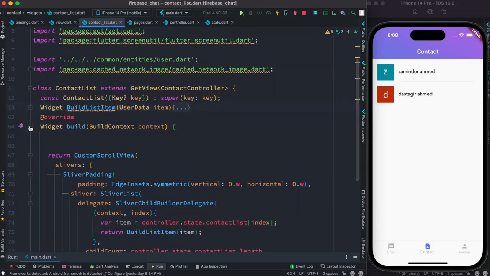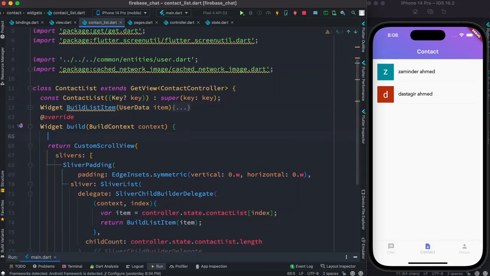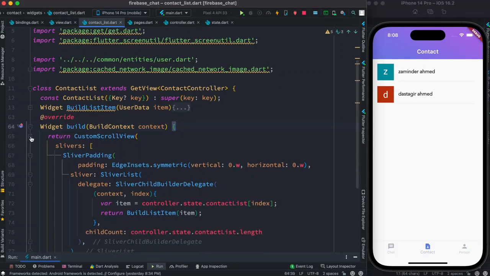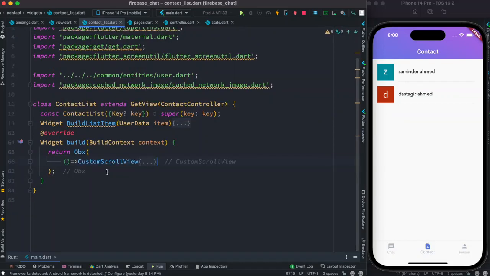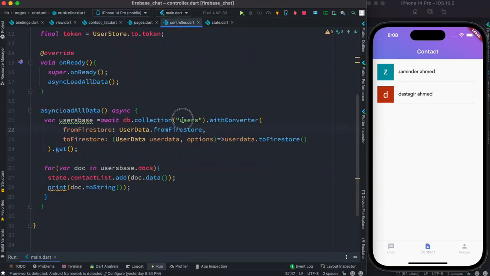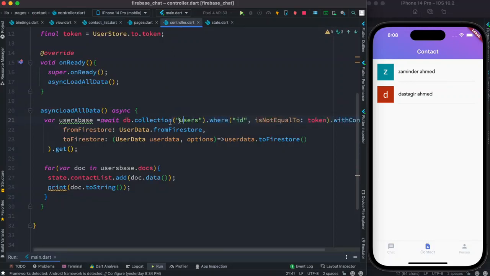And now it should be good. And now you cut this one, and let's cut this OBX just like this. Okay, now with this it becomes dynamic. So if we retreat the conditional change, now if you restart,